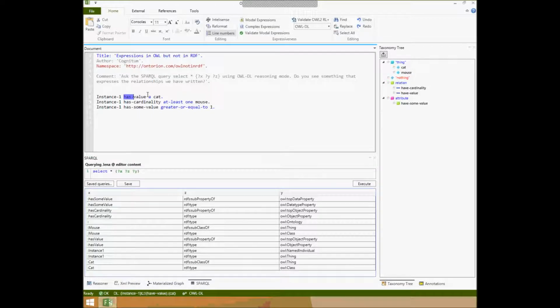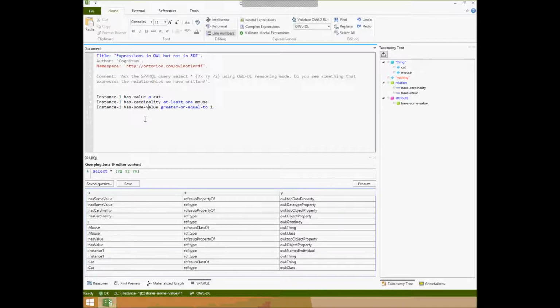But for example, as you see, there is not the property has volume, there is not the property has cardinality, and there is not the property has some value. So you can imagine why. But the file name is quite explicit. So it's not in there because these are sentences that can be written in OWL, and there is no problem with this. Just that they cannot be written in RDF because there is no way to express such kind of,